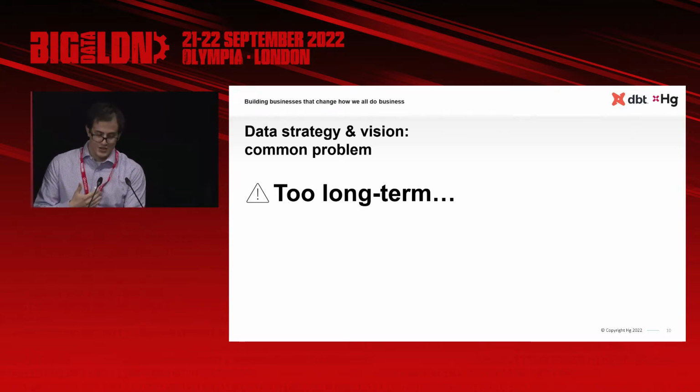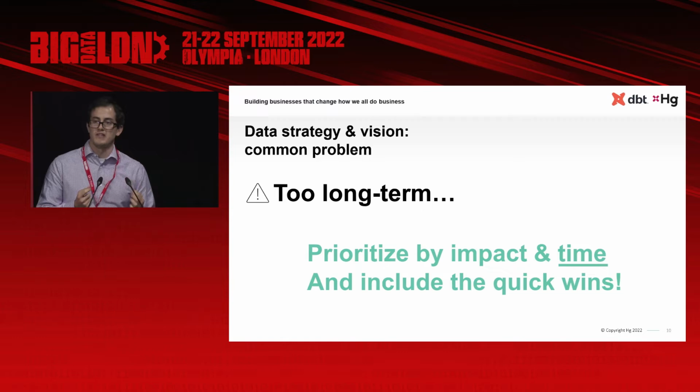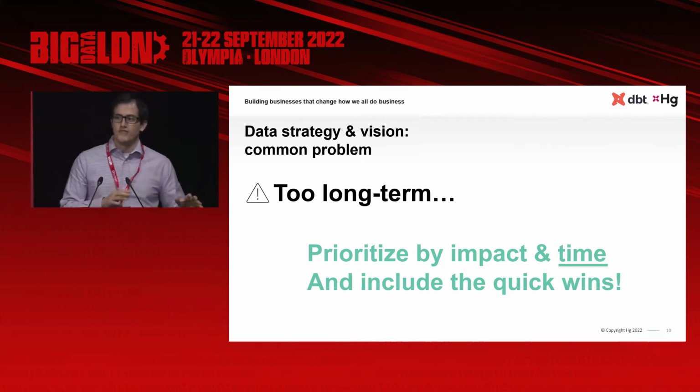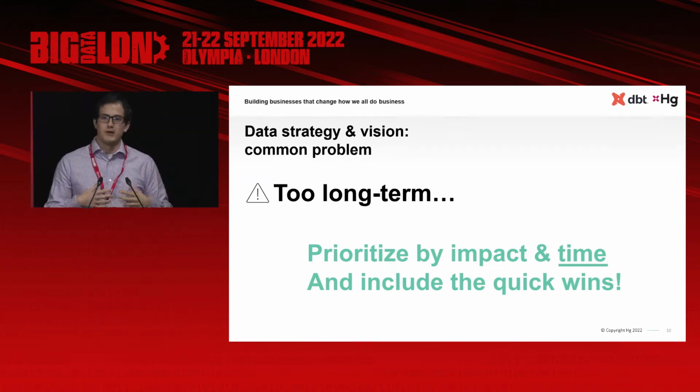And my recommendation there is that as well as prioritizing the use cases by impact to the business, you should also be thinking about the time it takes to execute those use cases and make sure you're including quick wins on that journey. So there's no hard and fast rule, but from my experience, the best data strategies I see are ones that aim to deliver 3 to 4 use cases in the first 3 to 9 months.